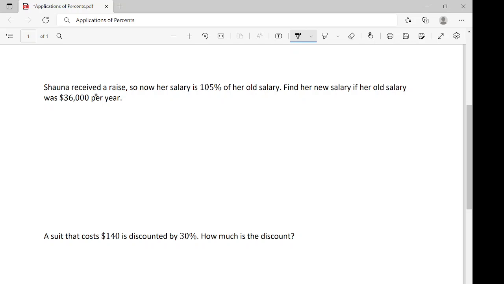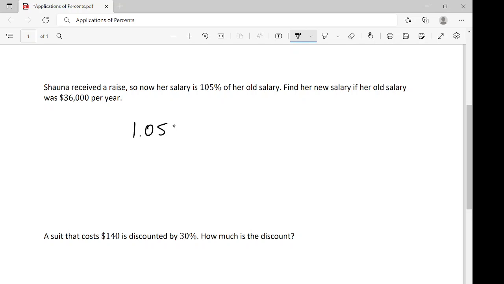Next, Shauna received a raise, so now her salary is 105% of her old salary. Find her new salary if the old salary was $36,000 per year. So we are going to try and find 105% of her old salary. So again, we can't use 105%. We're going to convert it to a decimal. So we're going to get